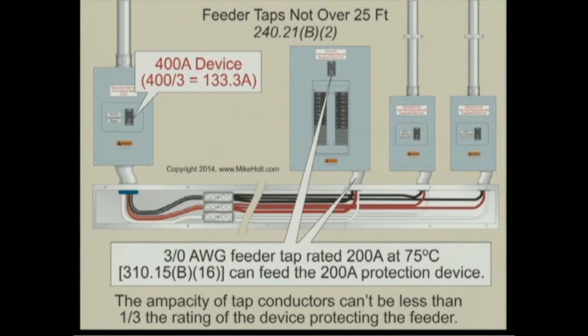I'm not quite sure how I can round it off, but I'm just going to go ahead and choose to round it off at 133. There are no rules on how to round off when you're not in Article 220, but we'll just use that 220 rule anyhow. So 133 amp wire is the minimum tap, but I'm terminating in a 200 amp device, so